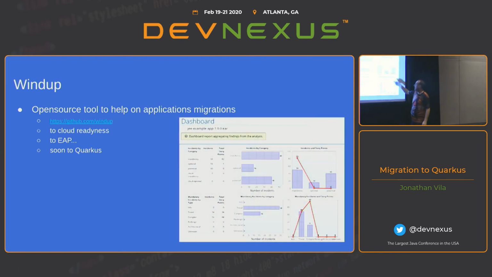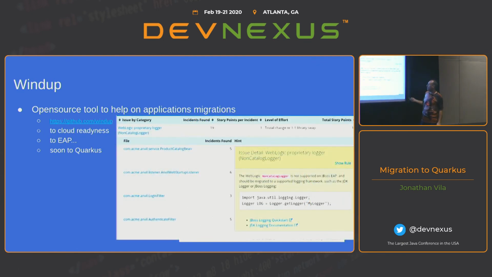These are a few screens. You have all the changes categorized, with the story points that we think it will take you, so you can analyze whether the change will take 5 days or 6 months. This is very useful to analyze before doing.